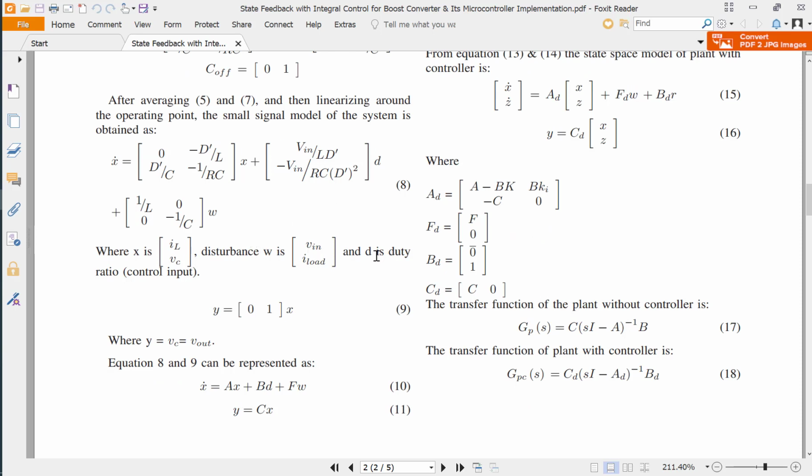The T is the ratio or the control input. This is the B matrix, this is the disturbance matrix, and this is the output matrix, the Y. From this equation, we know that the output is the voltage.